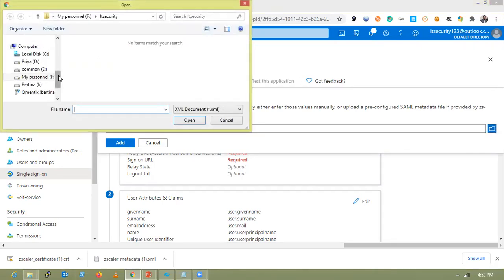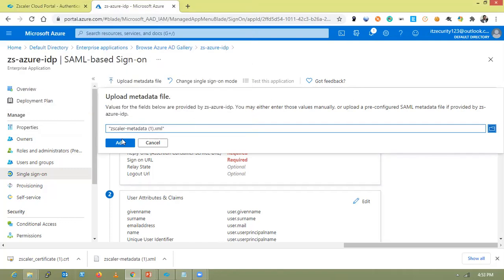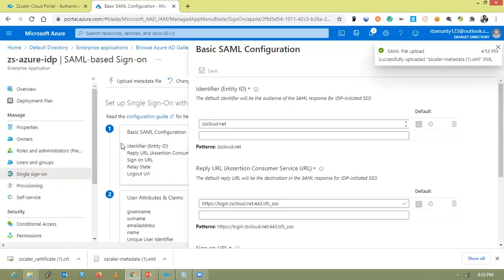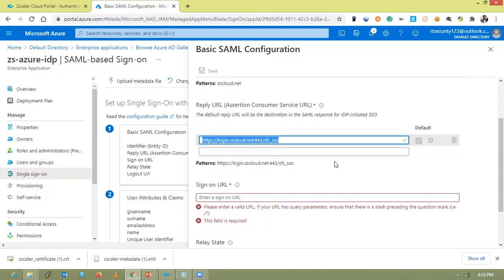You just give the path of the metadata file, open and add. So the configuration will be auto configured, like identity ID and reply URL. You just copy this one and paste the same as sign on URL as well.